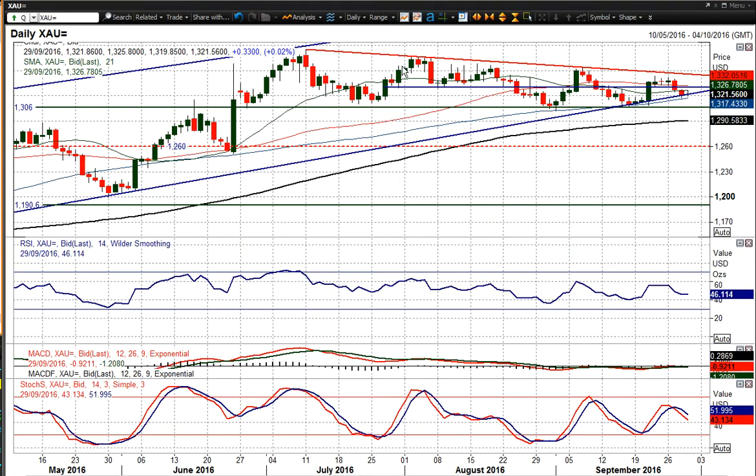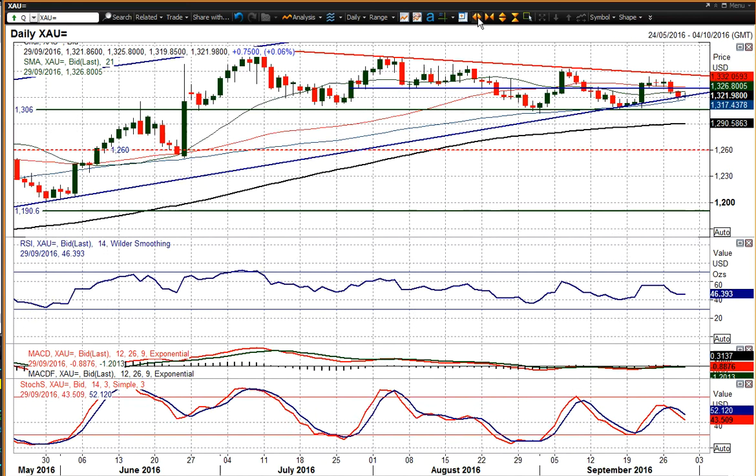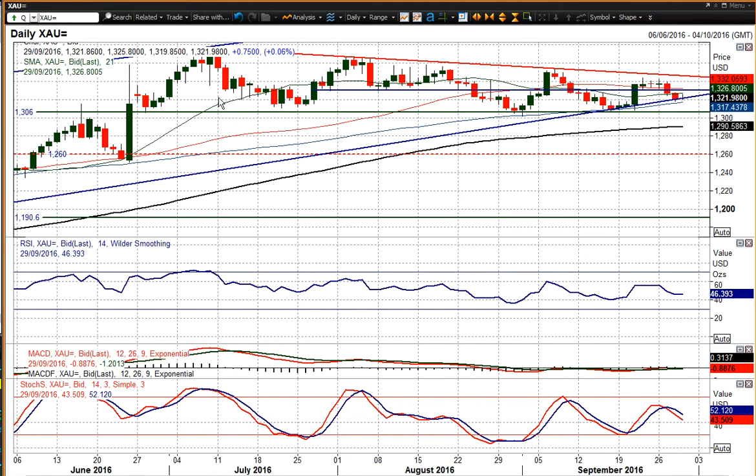We're going to look at gold, and we are continuing to really test this bull trend that's been in place since December. Big blue uptrend line, and we are right bang on it as we speak. This sort of medium-term consolidation is really putting the bulls under pressure, the long-term bull arguments under pressure. And you'd say there's nothing really that would suggest we're going to move out of that medium-term